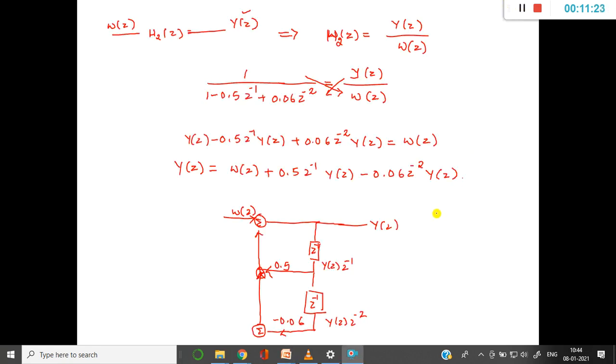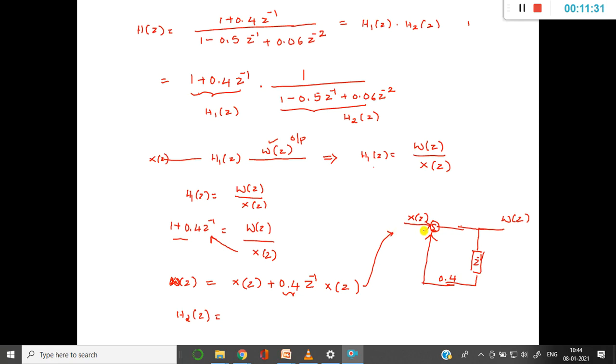So here once we obtain this, now it is very easy. Just club both this part and next part, that is W(z) and Y(z). Now I'll try to write in a neat way. That is, one is H1 of z, then I get W(z) here. So here input is X(z). Now from this I have H2, and from this output I get Y(z).